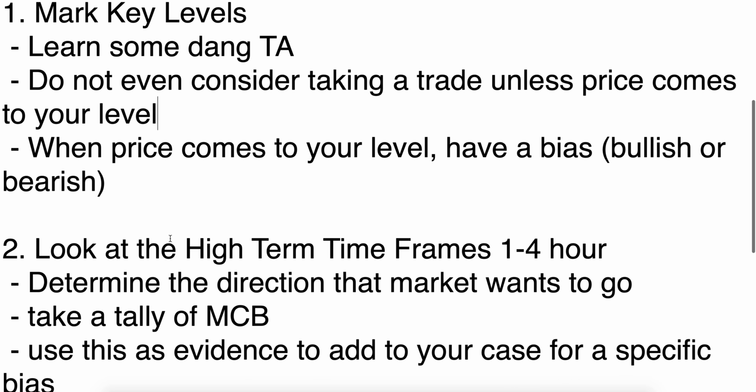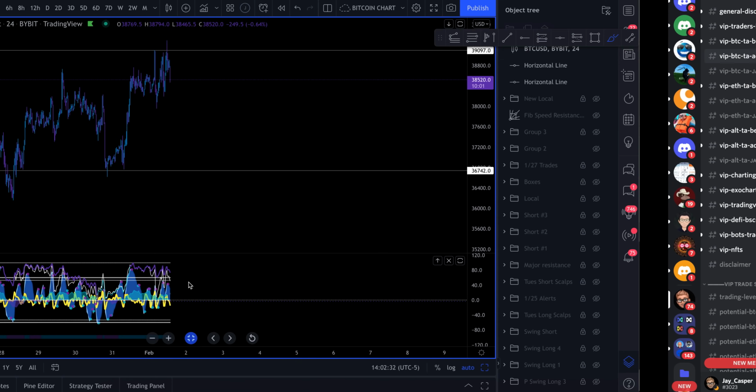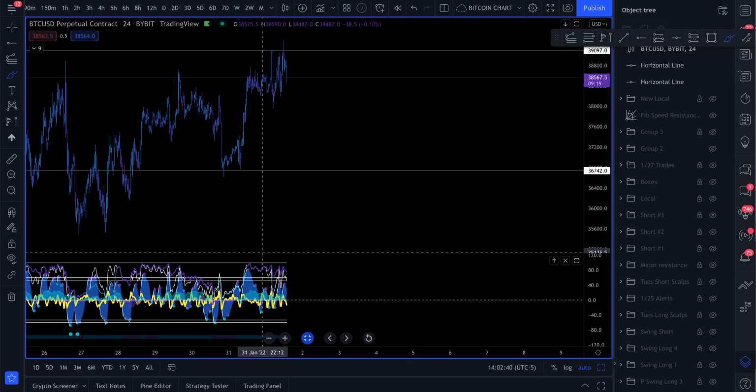We are going to be looking at the higher time frames. And we're going to take the bias that we already have and see if it holds up to scrutiny. We're going to take our claim and we're going to take it to trading court. We're going to stand before that judge and we're going to present the evidence. The evidence of either price is going to dump from a resistance, pump from a support, or either blast through that resistance or lose the support. Because when price comes down to your level, like it did right here, there's a good chance that it might just go right through. So now what we have to do is use our indicators